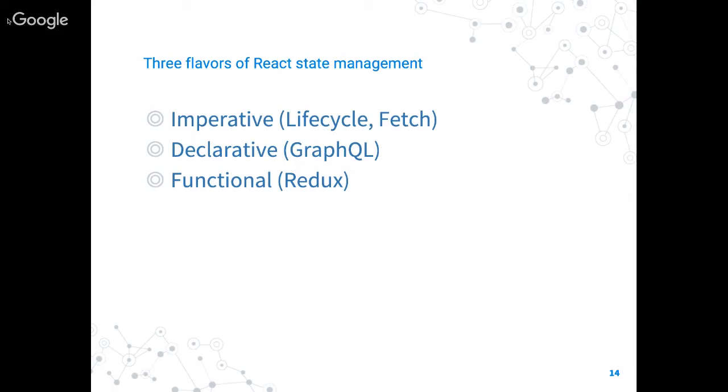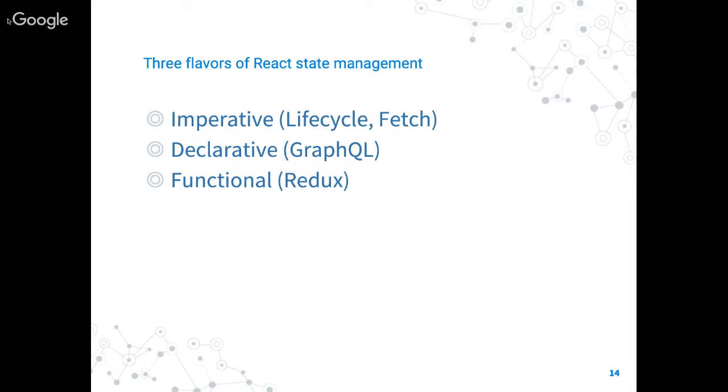Some of the most simple examples you see out there are based on this. They usually revolve around lifecycle methods, like when the component mounts, you fetch data from a third-party API or from your API, and you then pass that to your component. If you need to refetch the data, you'll do a componentDidUpdate. You might do a componentWillUnmount. You basically use the right lifecycle to determine when and how to grab the data.